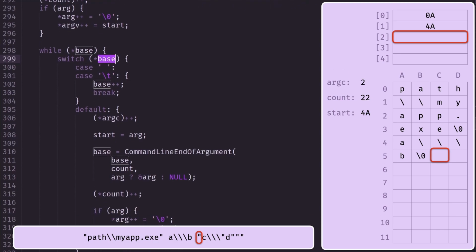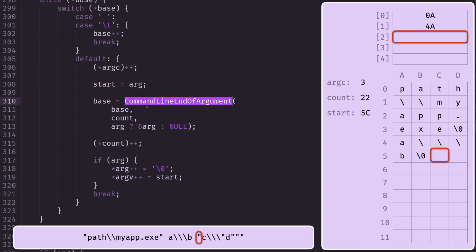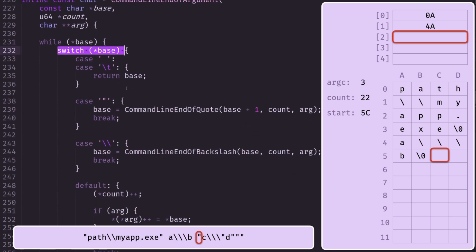Now we continue with this loop again, and because we have a space, we just increment to the next character, and then it will go back into this default branch. This means we have a new argument, so we increment the count and we set the starting address to wherever the argument pointer is at the moment. In this case, it is 5C. Then we go back into command line end of argument,